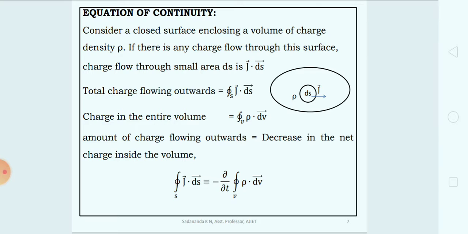Now as the charge flows outwards from the surface, the amount of charge flowing outward